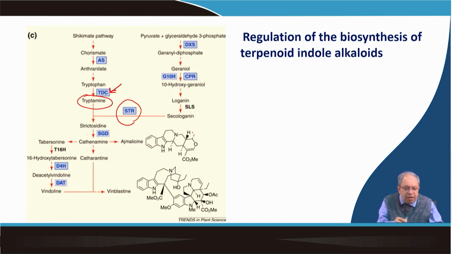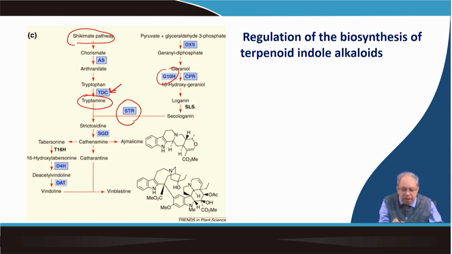The tryptamine is coming from the shikimate pathway, whereas the secologanin is coming from the terpenoid pathway originating from pyruvate and glyceraldehyde 3-phosphate. Geraniol 10-hydroxylase plays an important role because it makes 10-hydroxygeraniol,